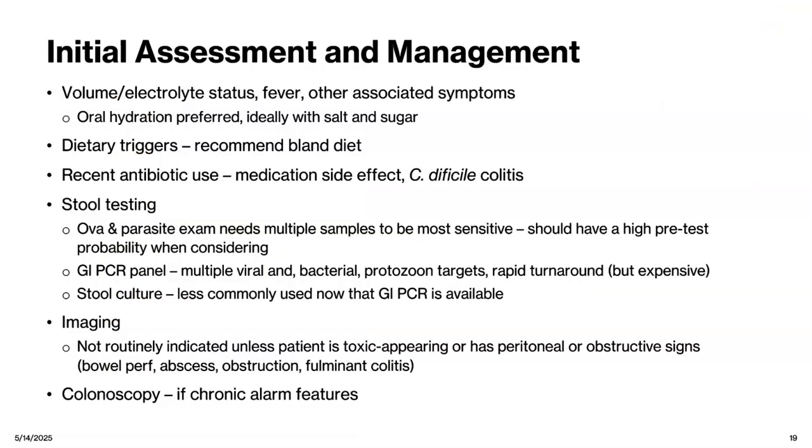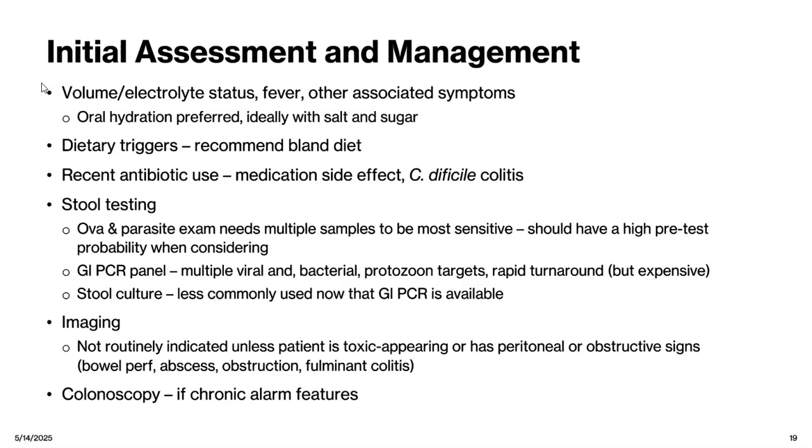When assessing patients with diarrhea, it's important to assess their volume and electrolyte status to determine if they need to be rehydrated, which is ideally done orally with solutions that contain both salt and sugar. It's important to note any fever or other associated symptoms like nausea, vomiting, abdominal pain, bloody stools, and jaundice. Assess for dietary triggers and consider recommending a bland diet to help identify and eliminate triggers. As with our patient, it's important to assess for recent antibiotic use, as that can significantly increase the risk for